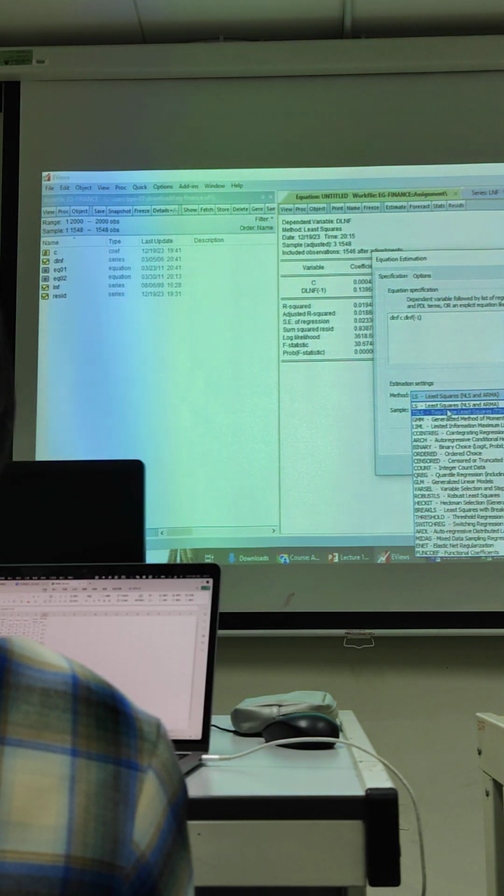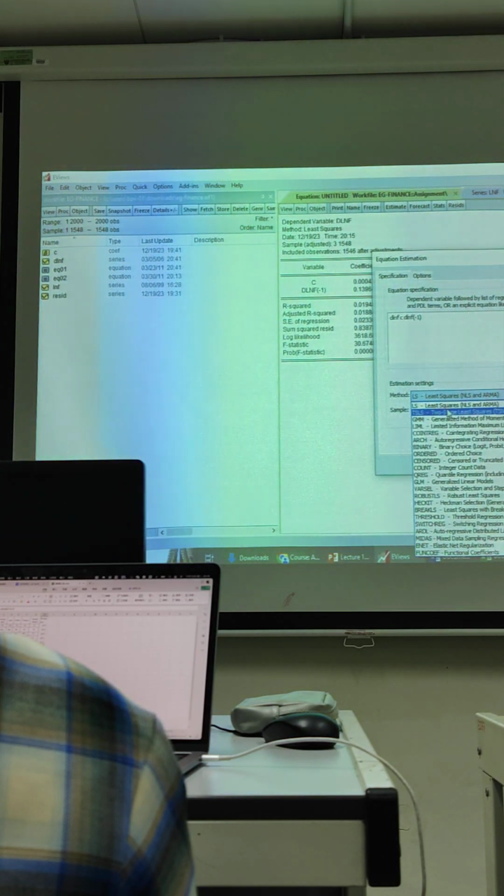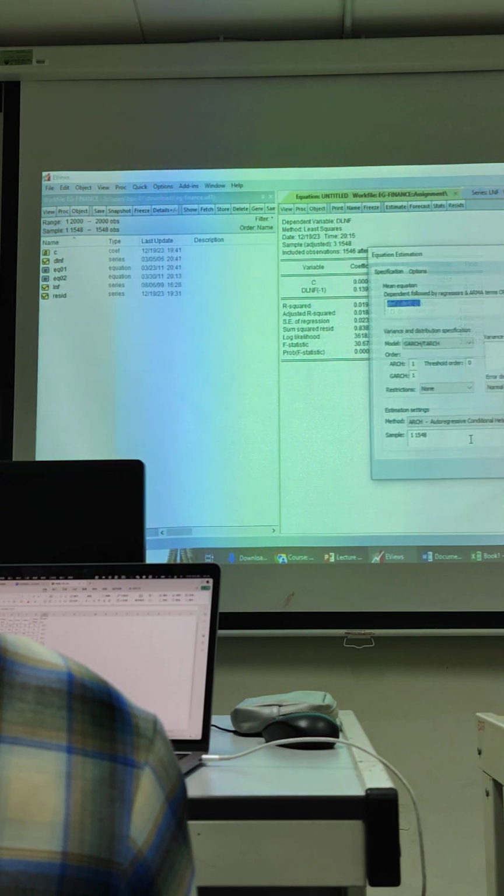The practical part is much more precise and gives you a precise direction. But the theory part may involve a lot of reference books, so a lot of things, and once you need to get to the key point, it's very hard to mark the theory part. Don't worry about that. So now we go to the ARCH. The method is ARCH, right?